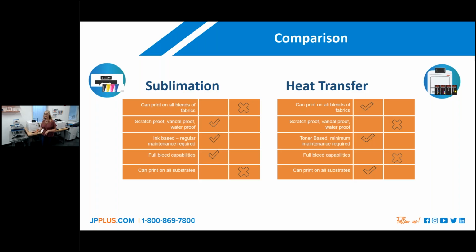Kind of a question relating to what you're talking about here, Carly. Which process is better for daylight/UV fade resistance? Yeah, so I would definitely recommend either product is going to be great for that. It really depends on the substrate. With sublimation, we have some specific panels that are outdoor weatherable. So like the Duralux and Chromolux panels, they have either a 2-year or 5-year warranty for outside capabilities. So sublimation really shines in that effect. And I'm actually going to grab one of the panels here because I think it's really good to look at.